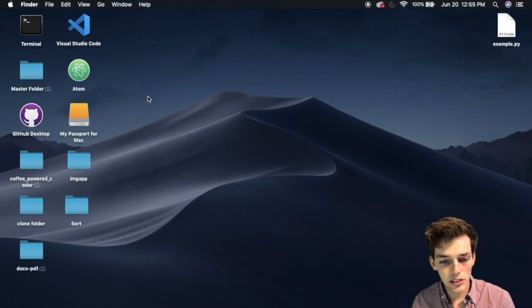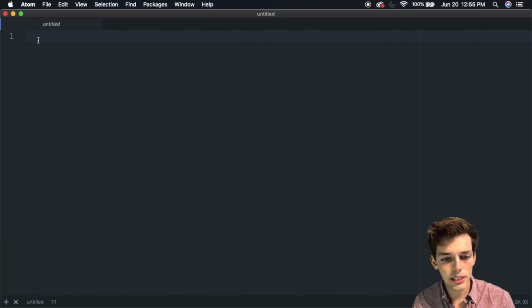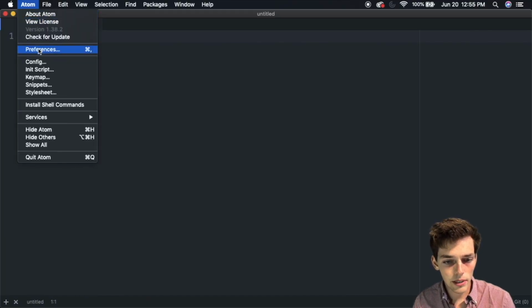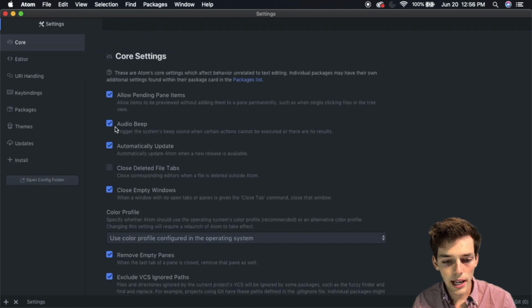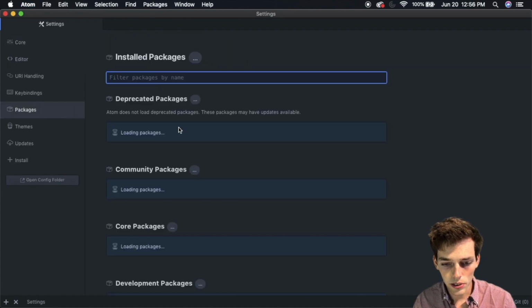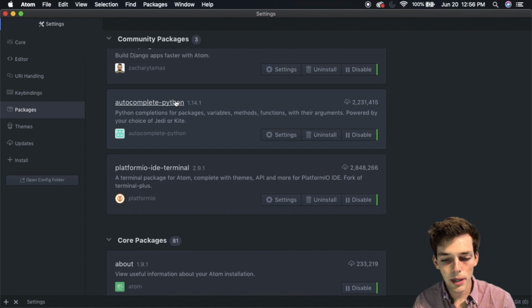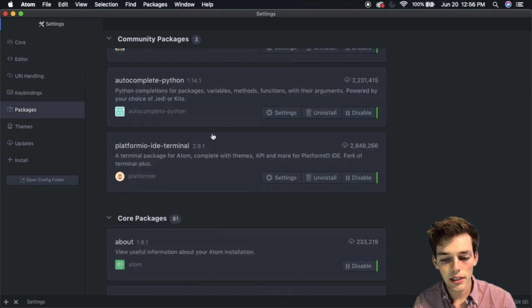I already have it, so I'll just open up my Atom text editor. This is what the default view of Atom looks like. We'll go ahead and click Atom, and then we'll drop down to Preferences. And there's a few packages that I would recommend to install for this course. The first one is autocomplete-python, which is just an auto-completion tool that we can use when we're coding in Python. And then